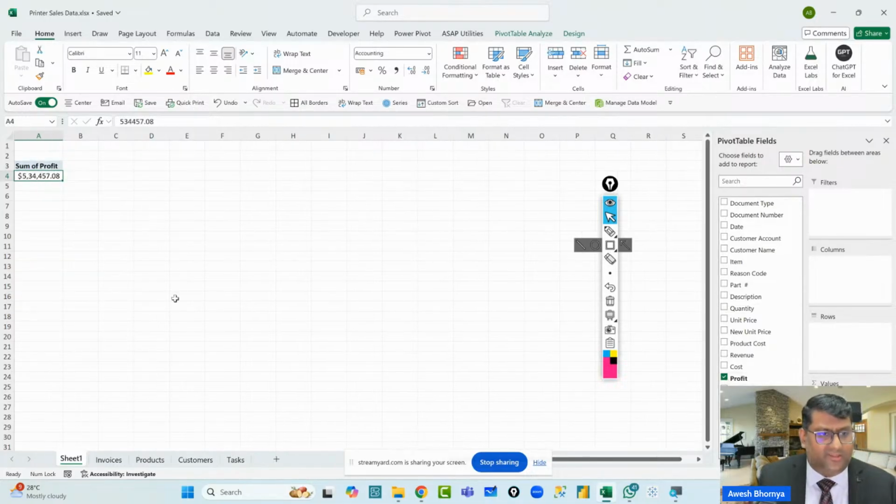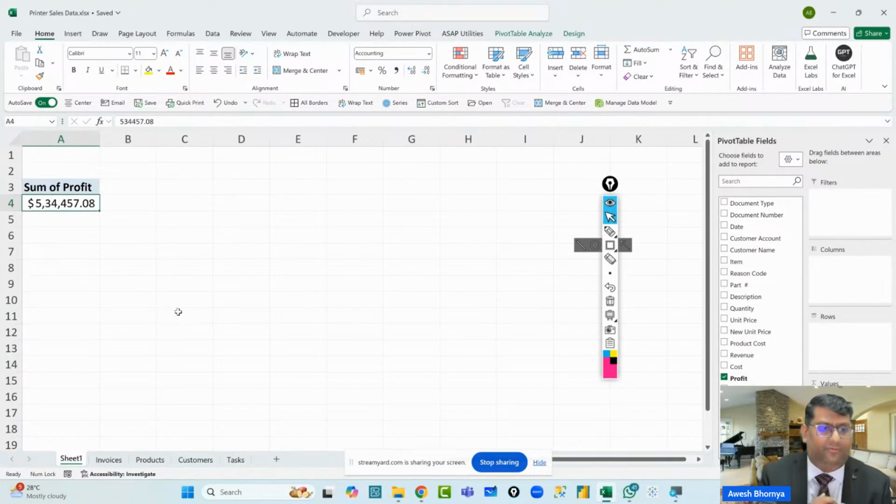Now, currently, you can see that this is in a dollar format. This is 534,457 as the profit value. Now, what we need to do is further break this down. Obviously, to break it down, I need something which can help me group the data better. So, is there a column that can help you group the data better? Maybe you can group it by state, or by the product line that you've sold, etc. You can also group it by any other field within the data currently.